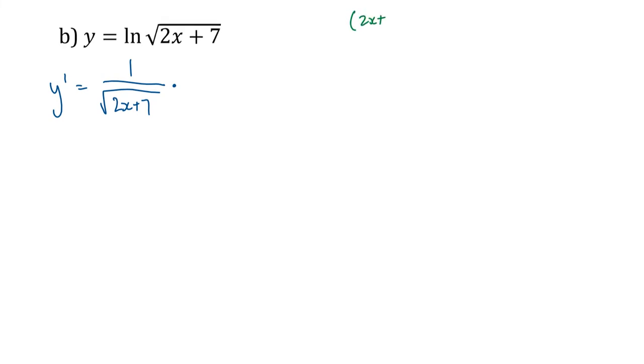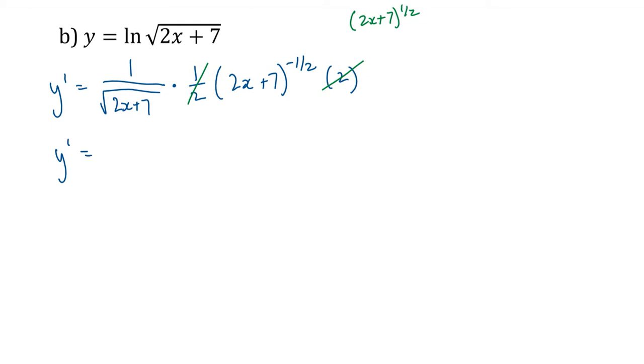Hopefully we've kind of mastered this by now. 2x to the 1/2, so the 1/2 comes out front, times 2x plus 7. Subtract 1 from the exponent, so that's negative 1/2, times the derivative of what's inside, which is 2. Hopefully you notice that those multiply to 1,